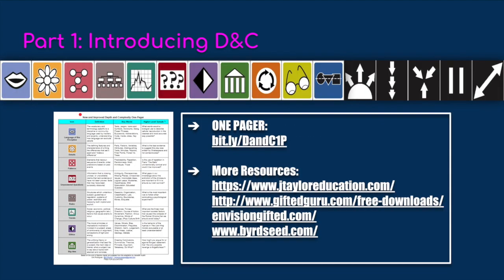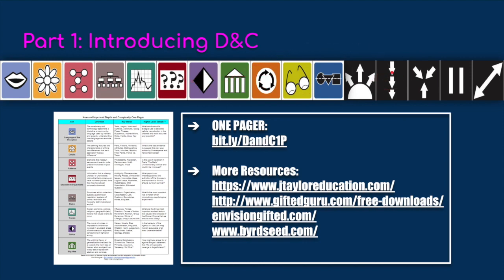So that takes us to part one, introducing depth and complexity. If you're familiar with it, you can probably just skip over this portion of the video, but if you're not, I'm going to briefly explain each of the icons and then I'm going to point you to some resources. So up here we have the icons that were originally created by Sandra Kaplan, and then over here we have